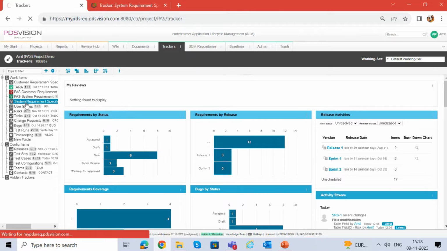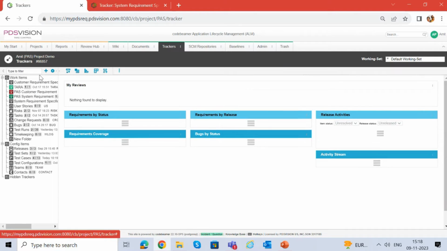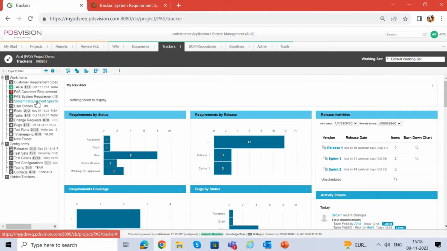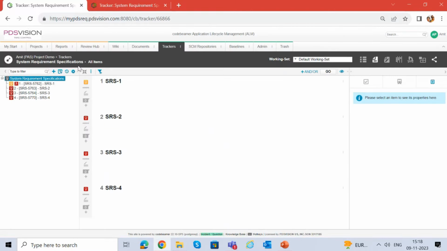For example, for the system requirement spec, what I wanted to highlight here is that these are the trackers. What you see here are the different trackers. I'm picking up one of the trackers, that is system requirement spec, and I'm going to configure custom field types for this. Since I have the admin right, I can select this tracker,